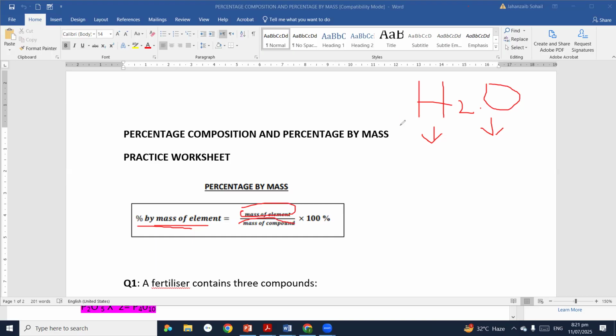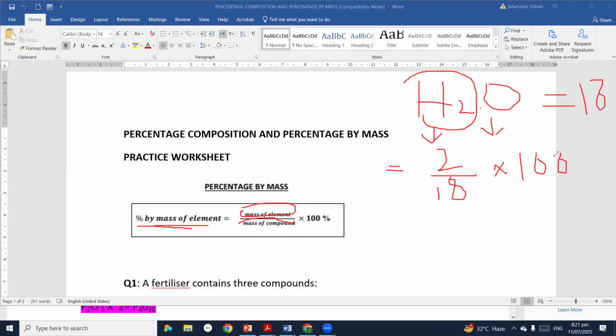How? Suppose I want to calculate the percentage of hydrogen. Okay, let's see. So this is the formula I'm directly writing. I will write down the mass of hydrogen. So there are two hydrogen and one is 1, so 2. And the total mass of this compound is, you know, 18. Okay, so I will write down 18 over here and multiply by 100. So what answer will I get? 2 divided by 18 multiplied by 100. So 11.11% hydrogen is present in water. Am I clear, beta, or not?